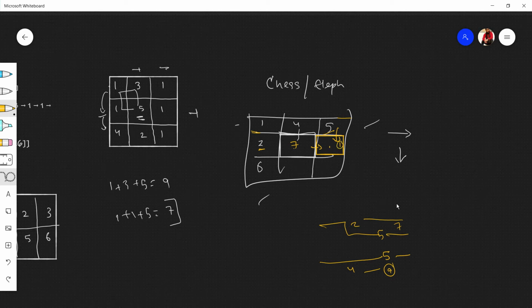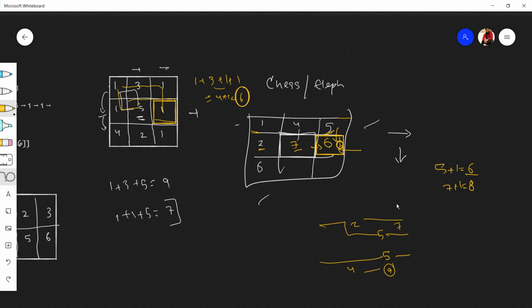We have token money 1 which we need to pay, but which is the minimum way now? 7 and 5, which is minimum, 5. Okay, 5 plus 1 leads us to 6, 7 plus 1 leads us to 8, so the minimum we need to pay is 6. Okay, so what just changed? If you want to reach this cell earlier, this path was best, but if you want to reach this cell, the best path is 1 3 1 1, because you add them: 3 plus 1 is 4, plus 1 is 5, plus 1 is 6, which is our answer here.